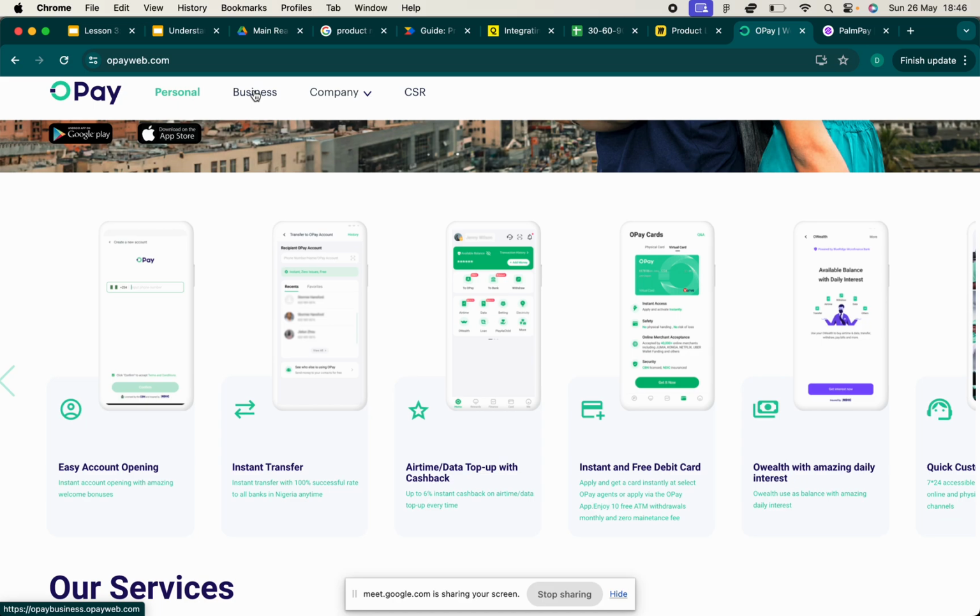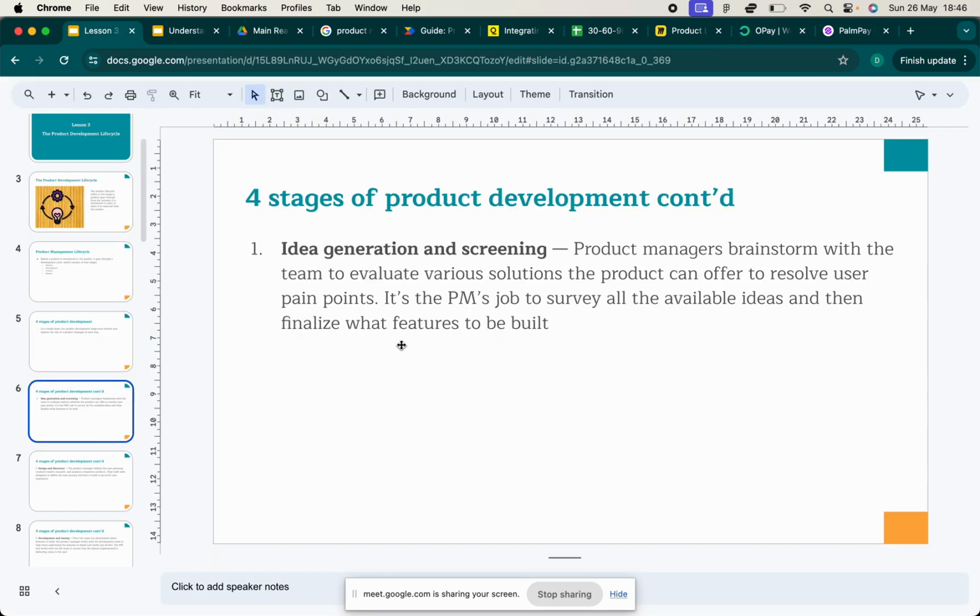They have a business app, and they also have a personal app, and maybe they want you to come in and help them improve their personal application. You have a range of ideas, or they give you a bunch of ideas, and they say, out of all the ideas, do some research, generate a few more ideas, and then how do you hope to bring it down to maybe one idea that you'll be pursuing?